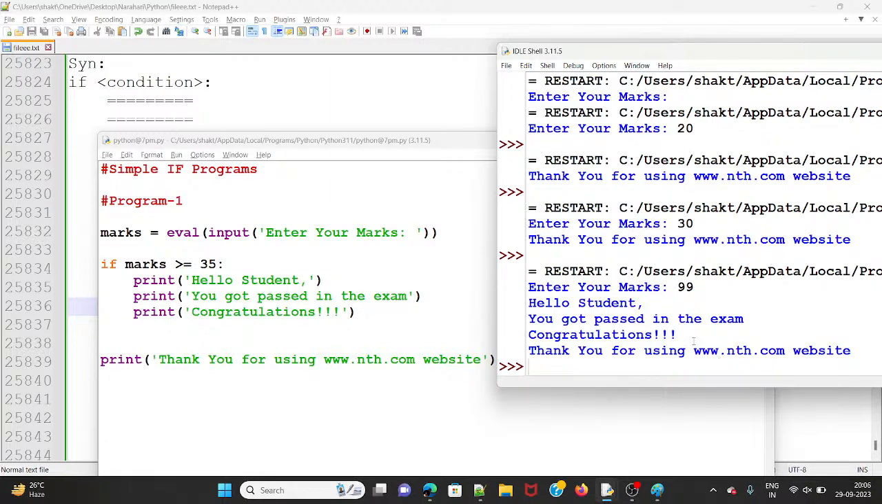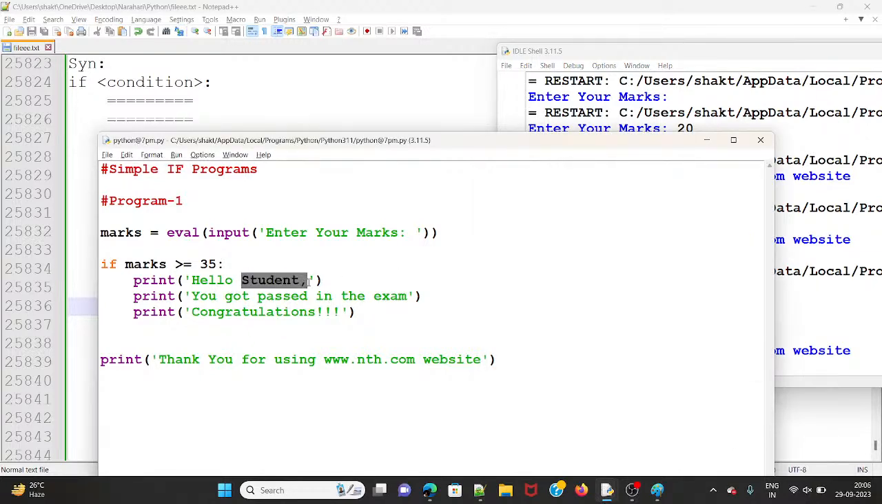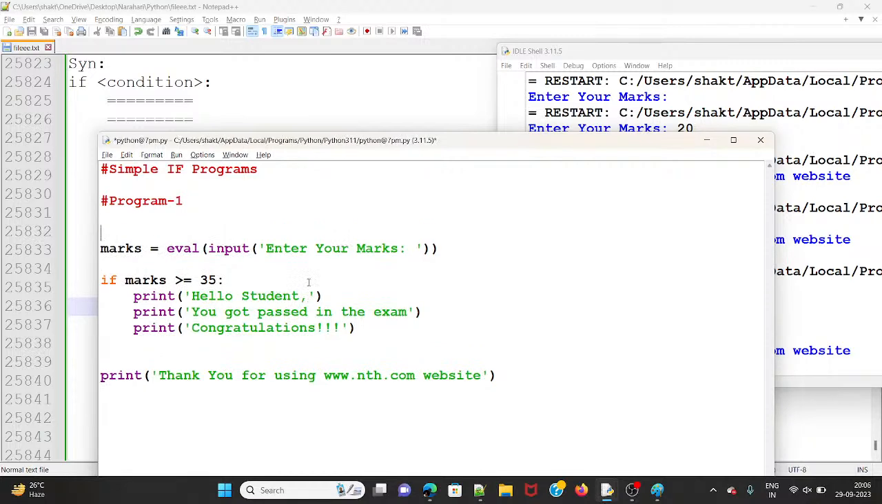In the same program here, I don't want to display hello student. I want to display the student name. Then first of all, take the student name also, guys. I am taking the student name. What student name? Input of